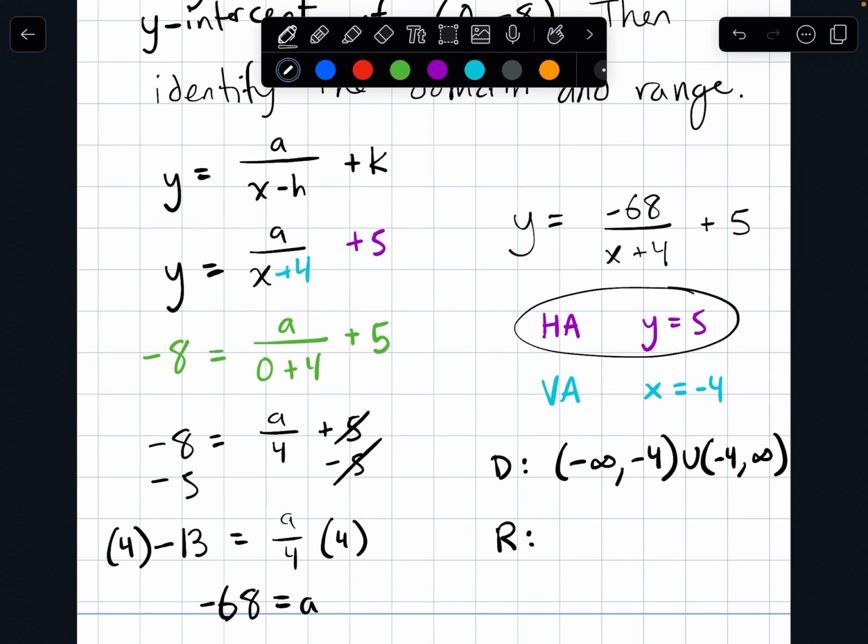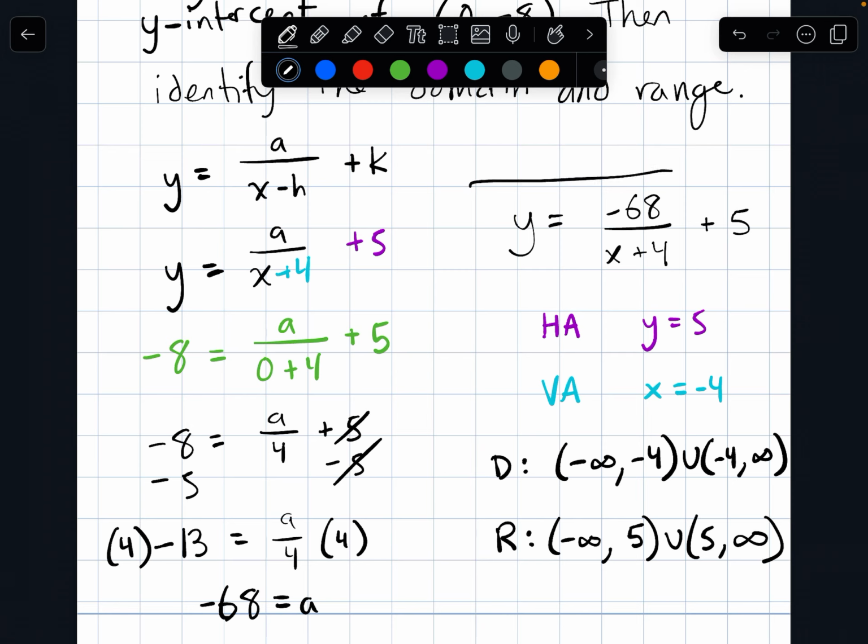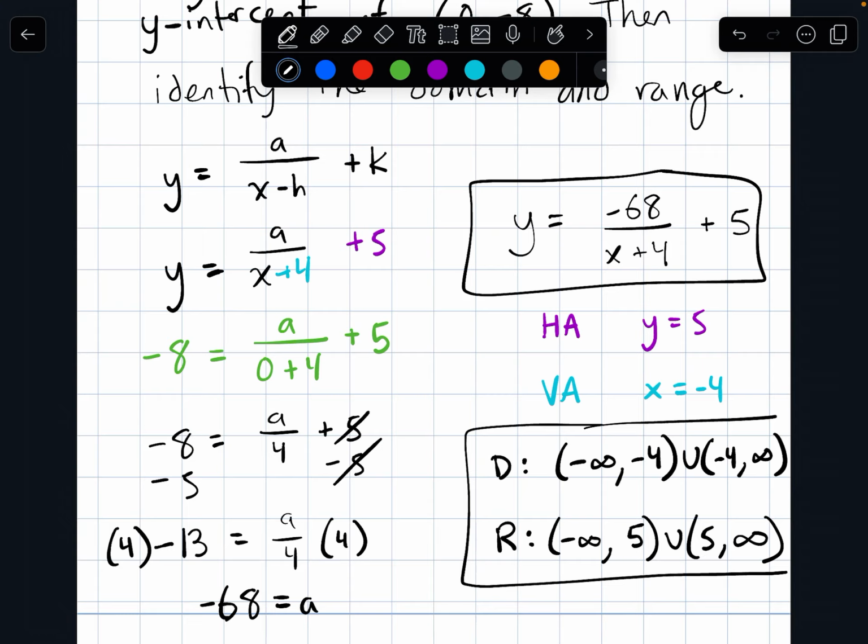The range, I have to skip over that horizontal asymptote. So I'm starting down at -infinity, but I'm skipping over that 5, and then I'm continuing on upwards forever to positive infinity. All right, so that's your equation, and then this would be your domain and